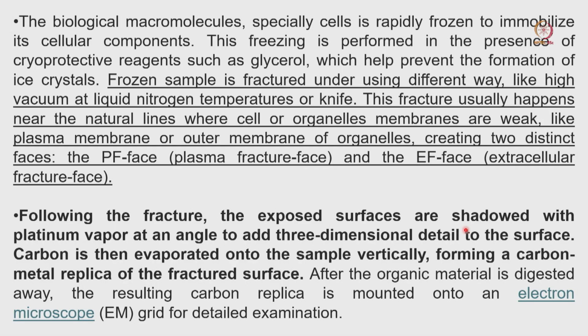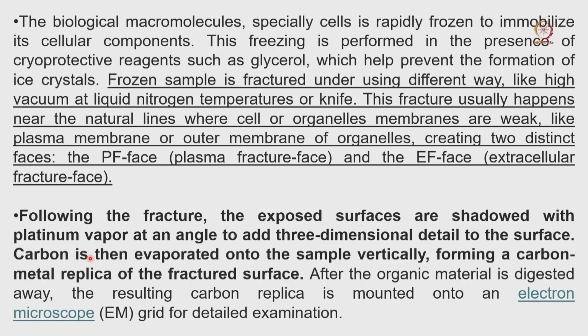Here also, when we rupture the cell, first we freeze that cell and then we use some kind of knife to rupture the membrane. When the membrane is ruptured, there will not be enough contrast difference to see inside the cell. In this particular case, what is required? You need a platinum vapor or this metal shadowing technique to coat one side of that fractured cell. If the cell is fractured on one particular side, it will be completely exposed and the metal will deposit in that particular area.